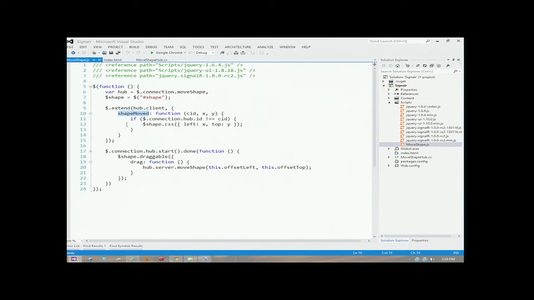What I'm doing here is I'm just saying, hey, go get me the ID of my connection. And if I'm being notified about something that I caused, just ignore it, right? Don't move me again because I'm the one that was moving. And then I'm just going to move the CSS. So I'm just using some CSS to move it around the page. So if I go ahead and run this guy,